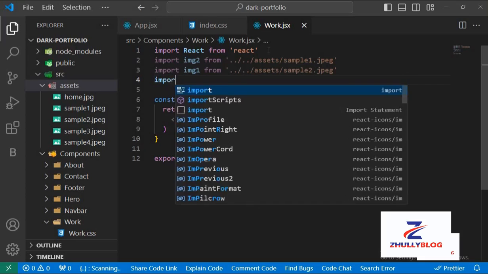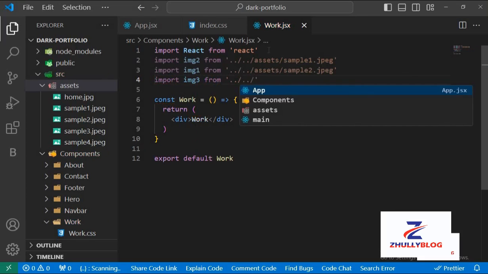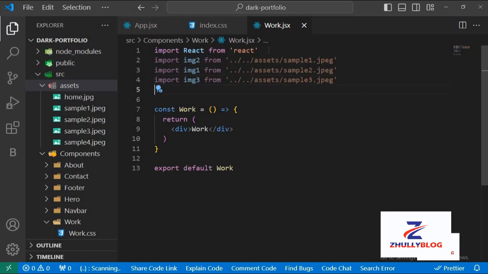Then here import image 3 from my asset folder, and I'm using sample3.jpeg, .jpeg, right? So the fourth image, image 4 from /assets, and this is going to take